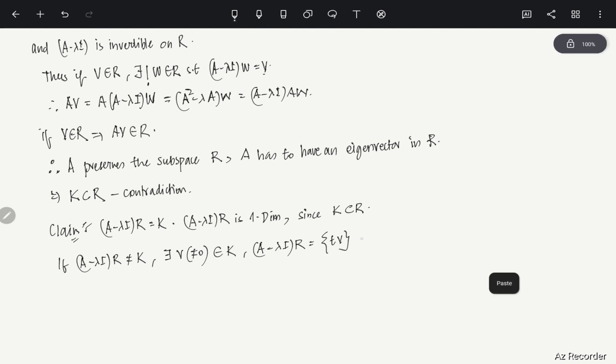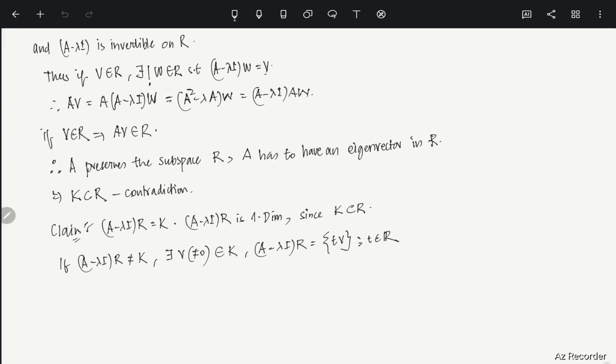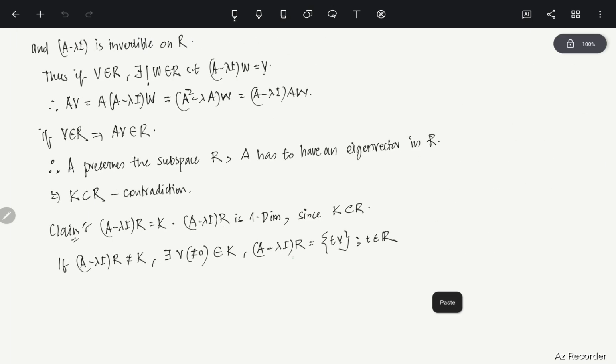T times V, T is in R, let's say. Clear? See, here we have assumed the dimension of K is 1, so that is why A minus lambda I times R has to look like T times V. Clear? Okay, so if this is the case and T is not 0, then that will imply that